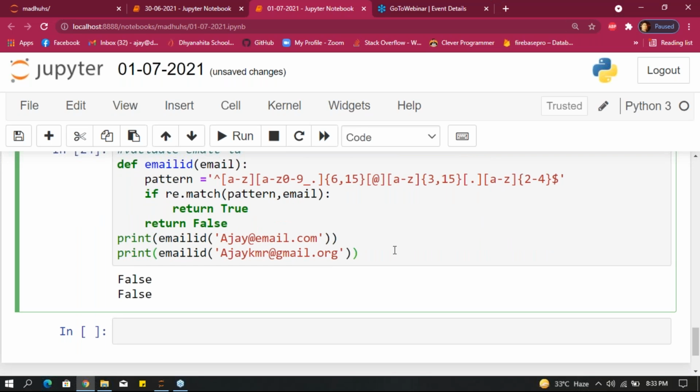I'm not getting through here. Wait a moment, guys. I'm checking this.